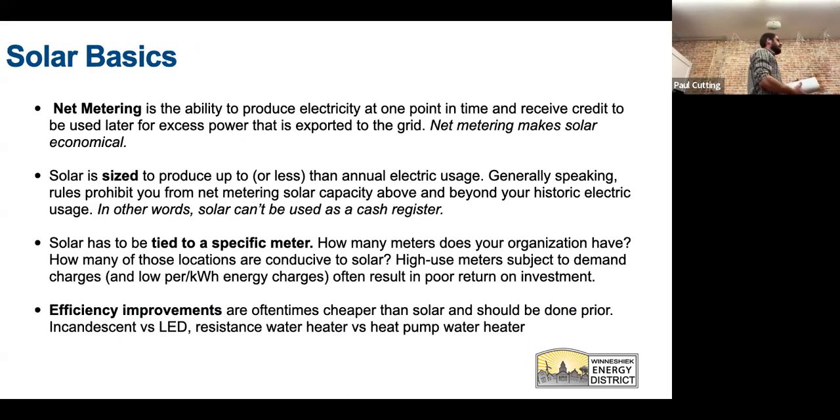So to start off with some of the basics of solar before we get going. A few general concepts for solar, if you're not familiar with what solar looks like. The first general concept is the idea of net metering. Net metering is essentially the ability to hook your solar system up to the grid, and depending on whether you're using electricity or not using electricity,